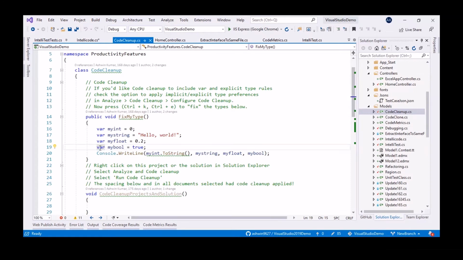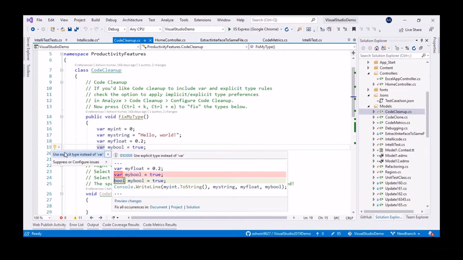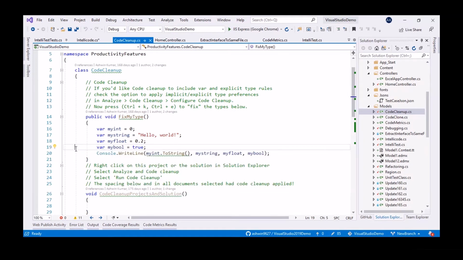So this is a warning. If you go on, this is called refactoring. I know if you have Visual Studio experience before, you know about refactoring. Refactoring helps you with code in the middle. It will give you suggestions if there are any. You can click the bulb icon here, or else you can press Ctrl+dot.